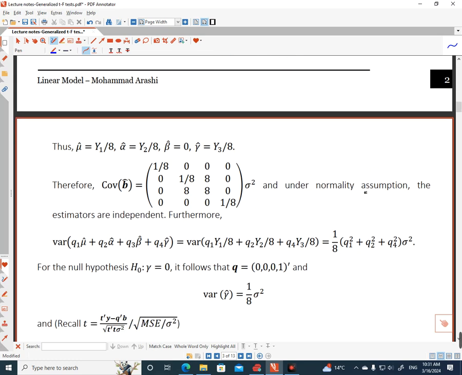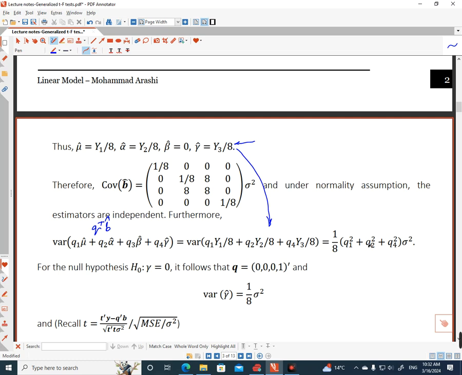And as I said, under normality assumption, we have the independency of the estimators. Furthermore, I can write the variance of linear functions of the estimators, the q prime b hat, as the variance of summation of these elements, because here we've obtained them, so I use them here,